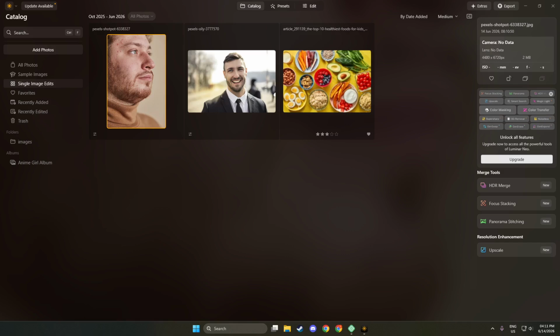First, open Luminar Neo and load the photo you want to work on. Make sure it's the one where you want to remove blemishes. This is the foundation of our work today, so take a moment to ensure you have the correct image loaded. Once that's done, you'll be ready to start making improvements.